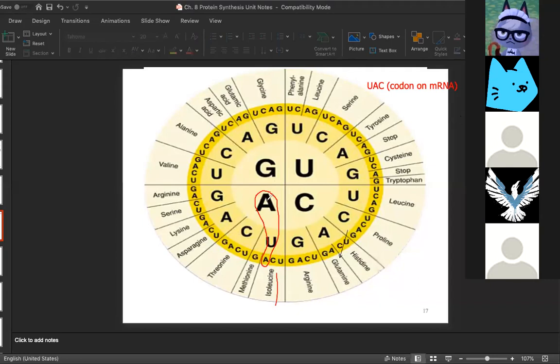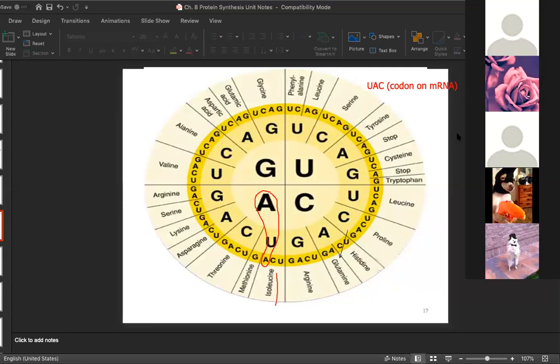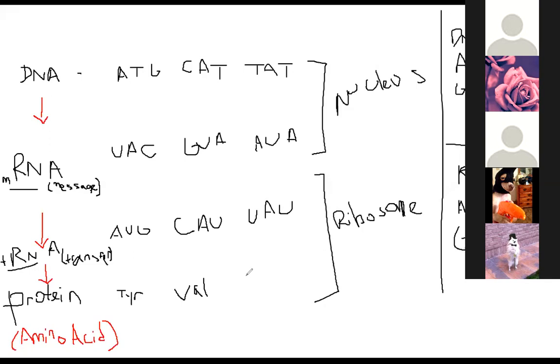Okay. So do you guys see it? AUA. Thumbs up if you saw how we did that. Yeah. Okay, good. So let's go back to our whiteboard. Thank you, guys. And now we're going to write ISO. Okay. Now, we went from a DNA to an mRNA to a tRNA to the protein, which is the